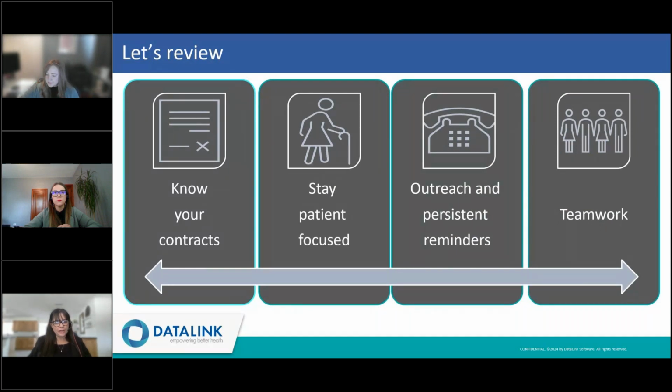When it comes to strategy, there are a few things we have to remember. Number one, as Michelle mentioned, you must know your VBC contract. We can't build a strategy without it. So what measures are you being monitored on, and what are the requirements for submissions by that payer? Also, we have to think about the patient, as Sarah mentioned. Quality is about addressing or preventing important health issues. So always remember that each number actually represents a patient, and the better care we give, the better our numbers will be.